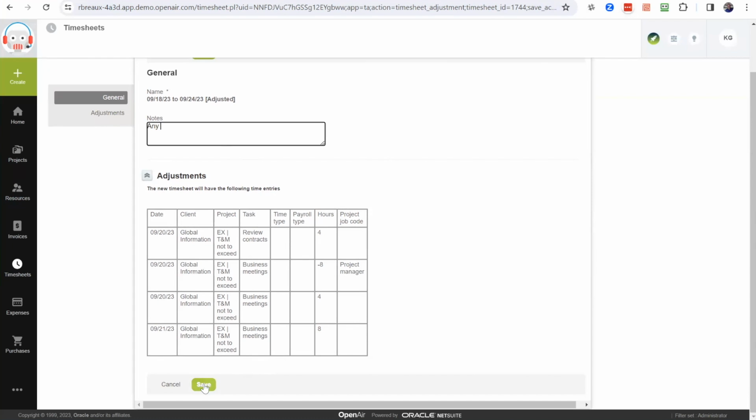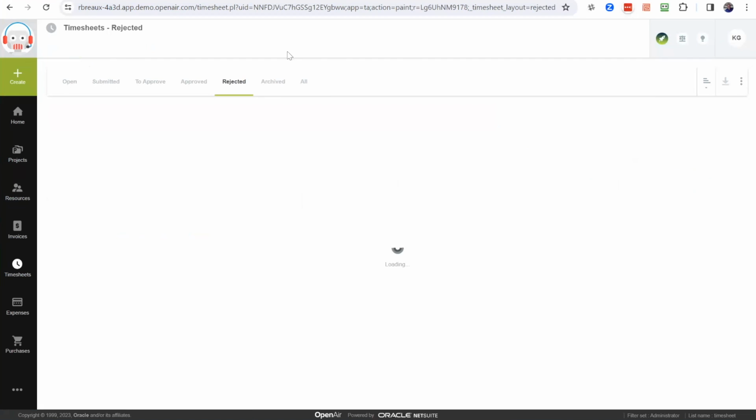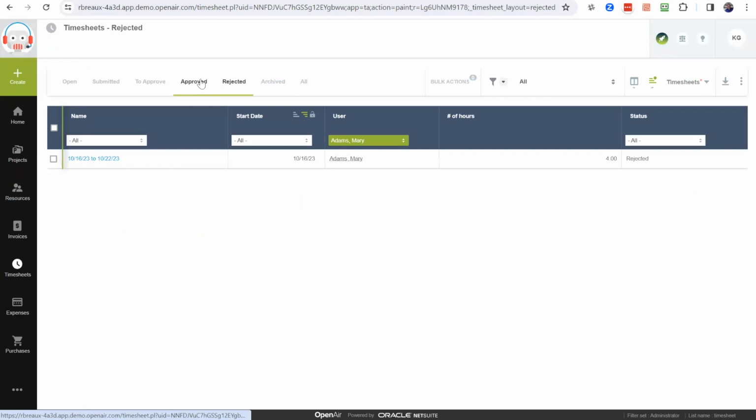And then when I hit save, there's a couple of different settings. The one we see most common is the adjusted timesheet goes straight to approved. And this allows finance or operations to be able to go in, do these timesheet adjustments, but not have to worry about any future approvals. If I do take a look at the timesheets,